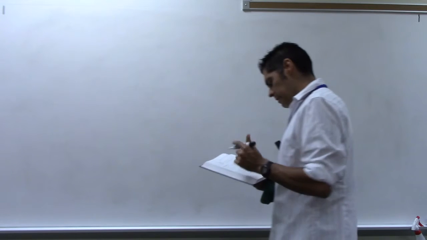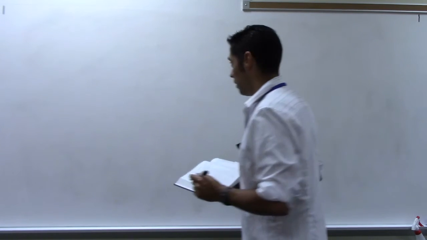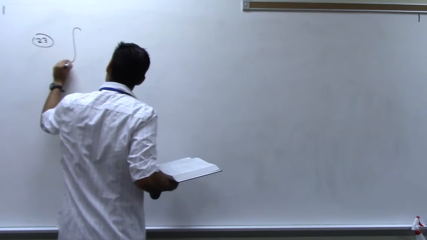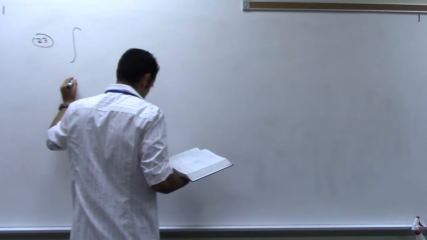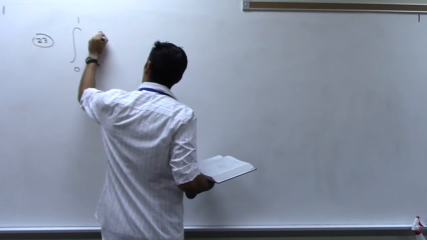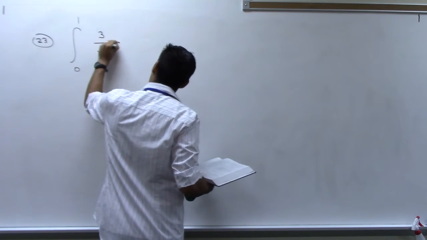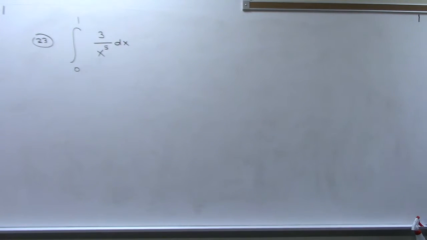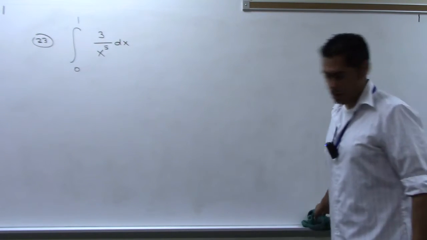23. So I only have 1, 2, 3, 4, 5 more to go. 23. Integral 0 to 1, 3 over x to the 5th dx. Bam. All right, so